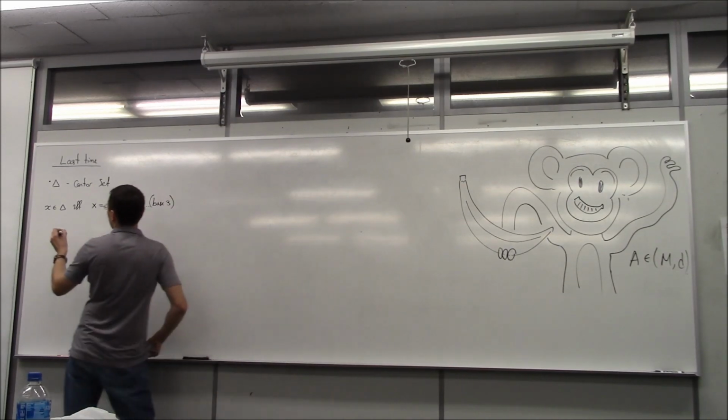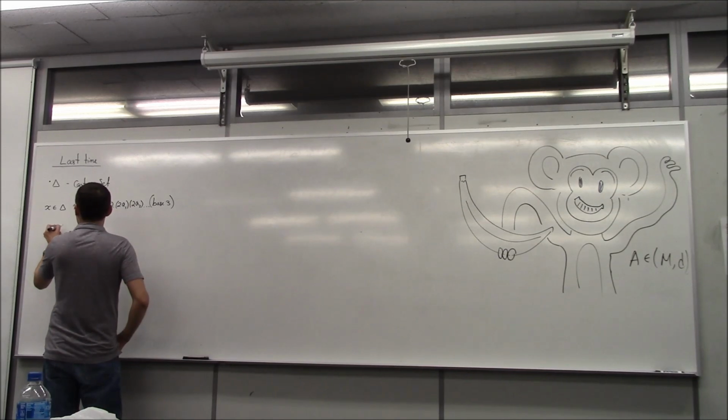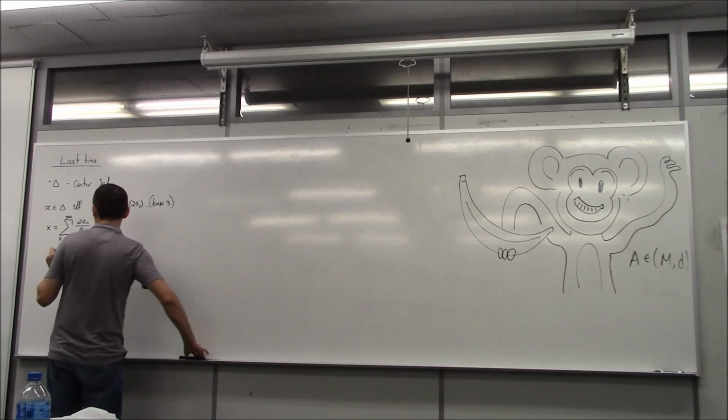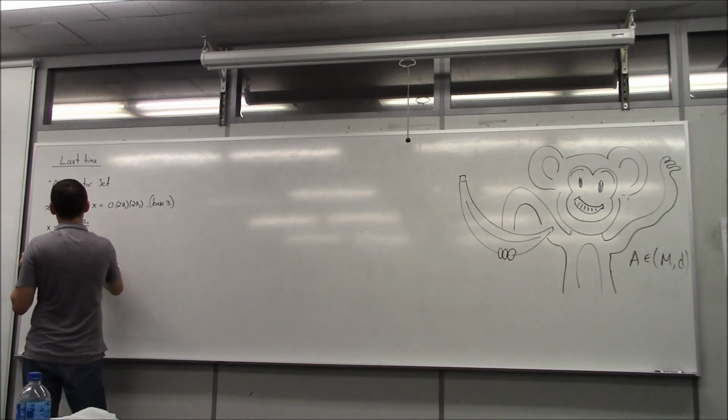In other words, x can be written as a power series where n starts from 1 to infinity of 2a sub n divided by 3 to the power of n,